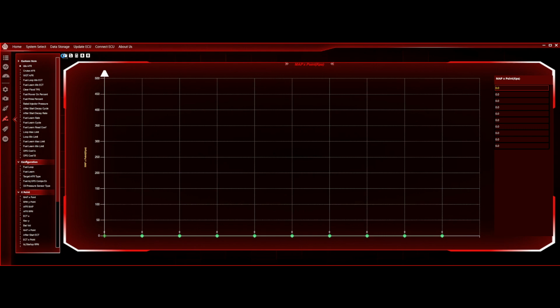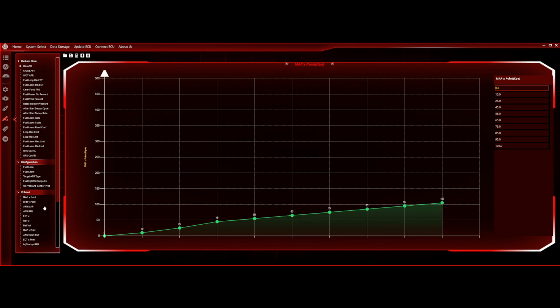So what we're going to do is open calibration data. I have everything saved on a USB drive, Kill Shot, and I label everything by date, so I can go back and look at revisions and different attempts and things. So we'll load 412. And you can see right here how my map X point is 0, 10, 25, 45, 55, 65, 75, 85, 95, and 105 kPa. So that is the resolution of my map